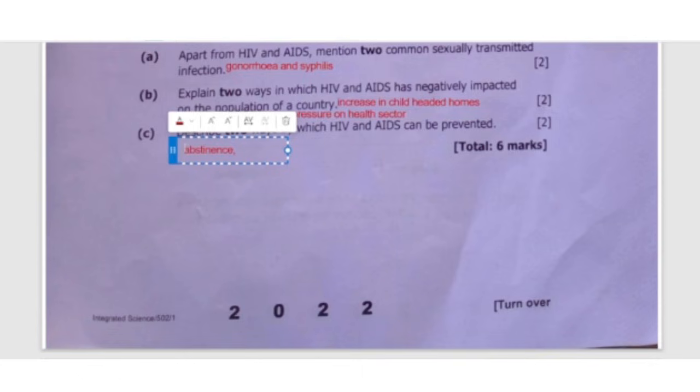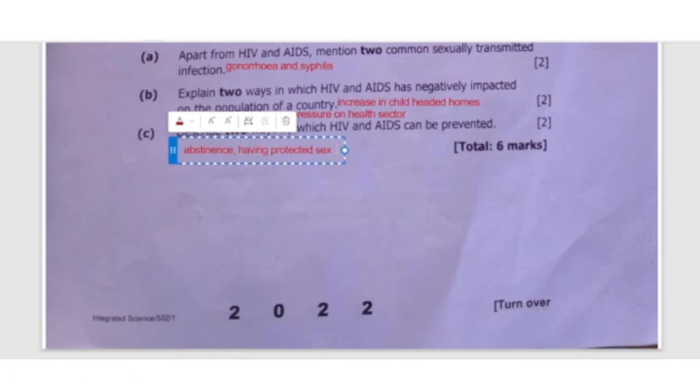Let's go to the other point, the other one which you can use to prevent HIV or AIDS, which is protected sex. When you decide to have sex, please make sure you have protected sex by using condoms. Okay, you use condoms, but